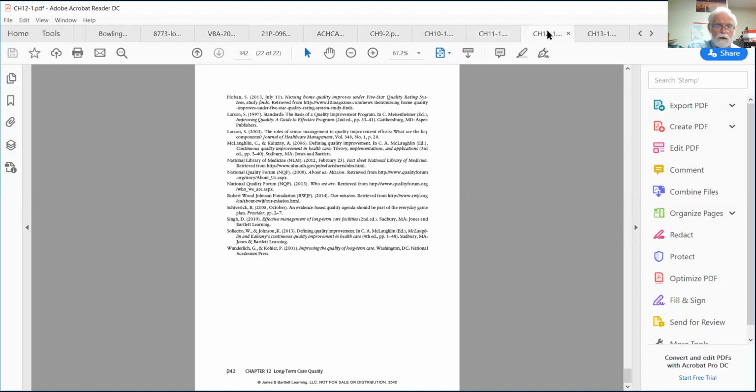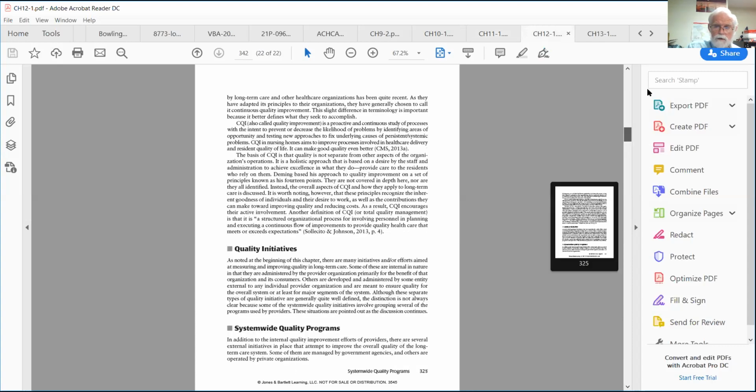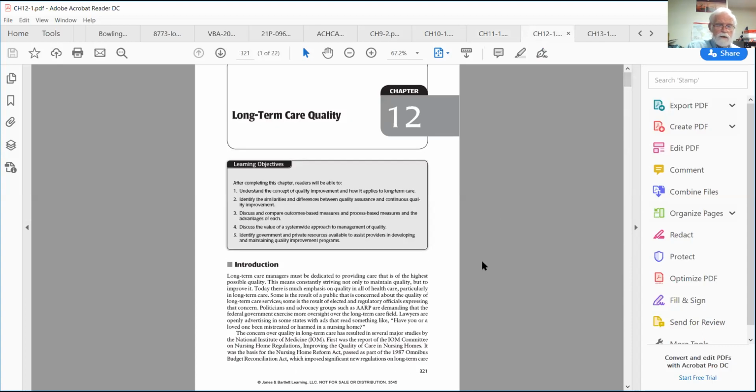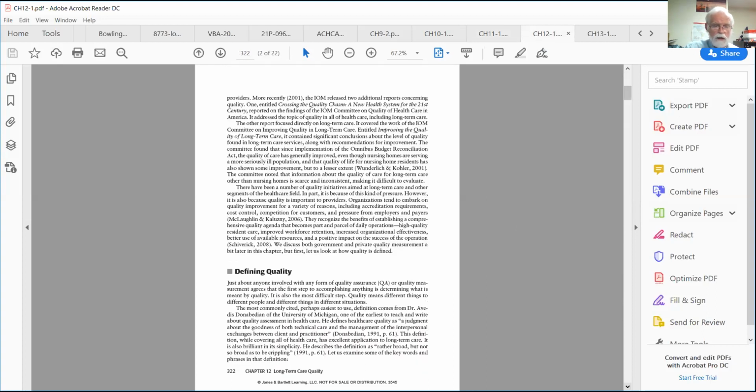Chapter 12 is about quality. This is something, again, to look at. Quality requirements are there. It's very difficult to define what quality is, because of course everybody has a different view of that. As I said before, those of us that know something about medicine certainly have a different expectation of quality than people who have no idea. Some of these reports here are from the Institute of Medicine,